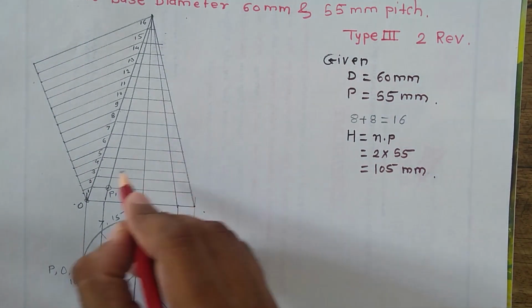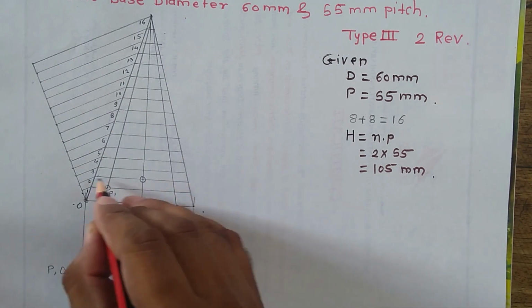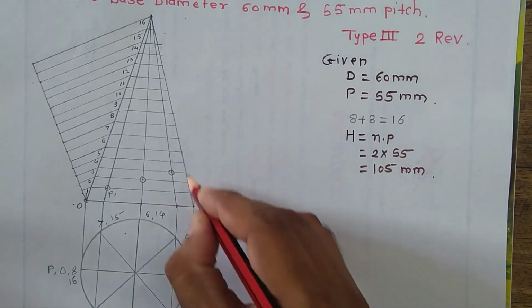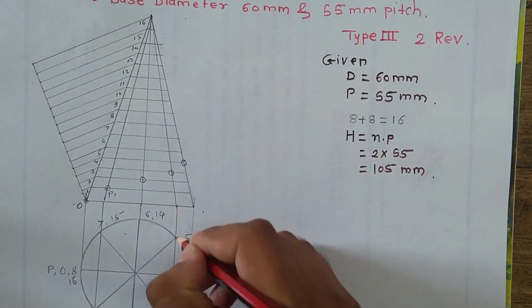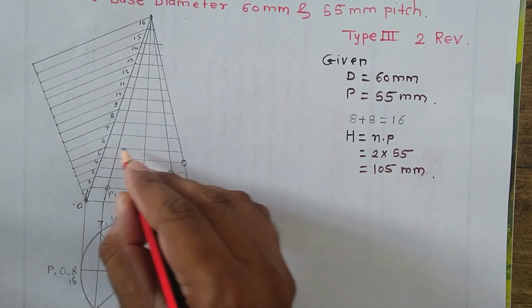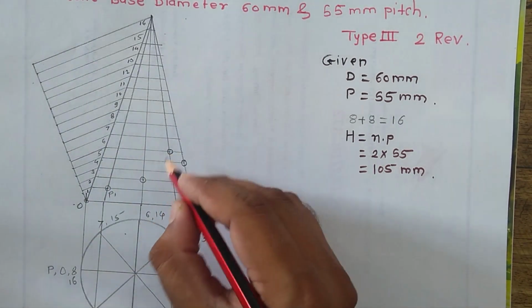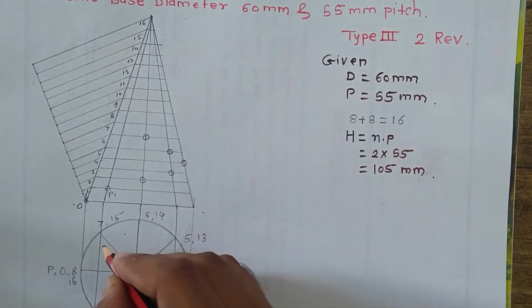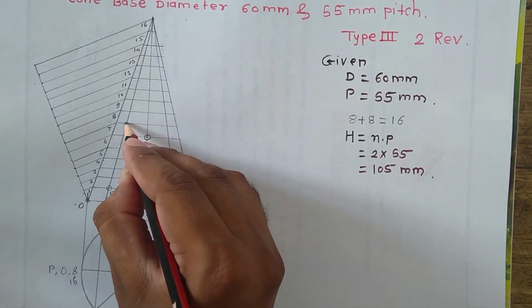Next, two number vertical, two number horizontal, three number vertical, three number horizontal, four number vertical, four number horizontal, five number vertical, five number horizontal, six number vertical, six number horizontal, seven number vertical, seven number horizontal,